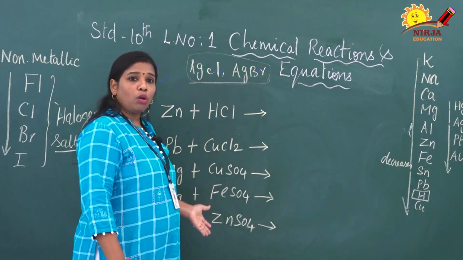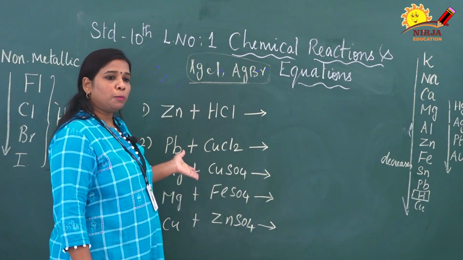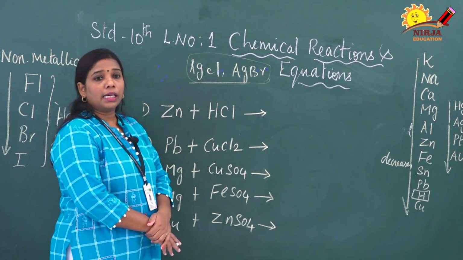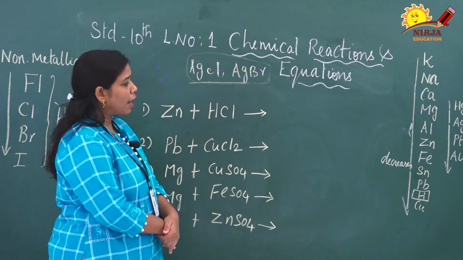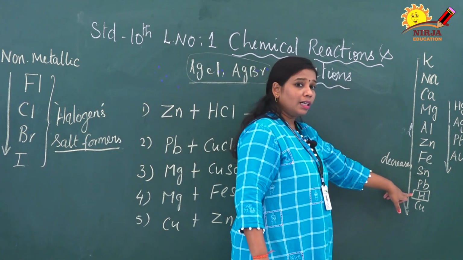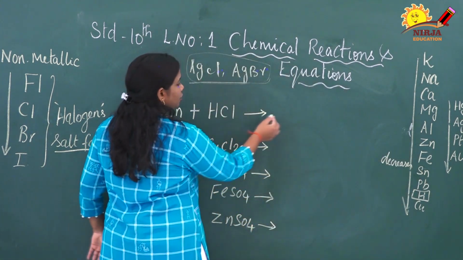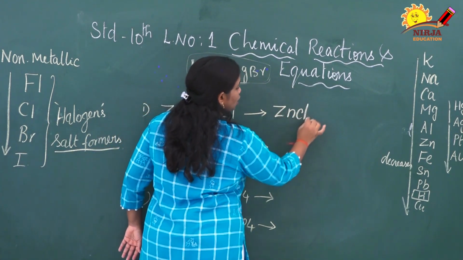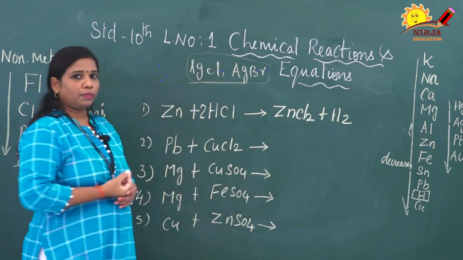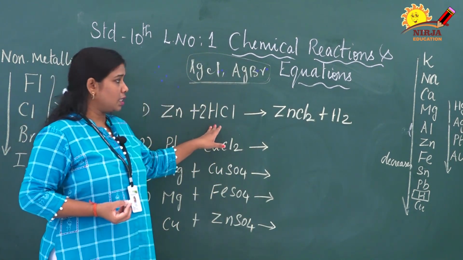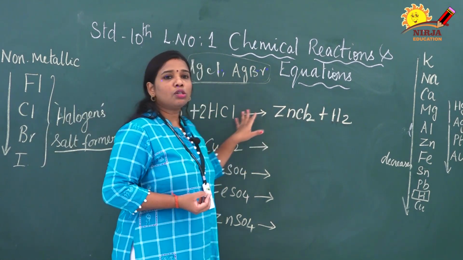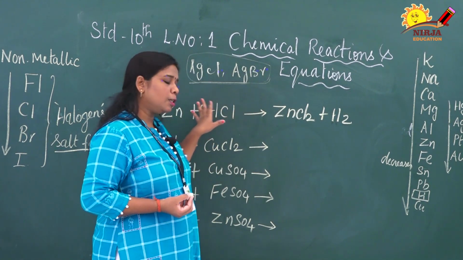Next we are going to solve examples of displacement reaction. Next I am taking zinc reacting with hydrochloric acid. Here the displacement will happen. We have to check with the reactivity series. Zinc is more reactive than hydrogen. Of course, the reaction is possible, so it is converted into zinc chloride as well as hydrogen. You have to balance the equation here. So zinc reacts with hydrochloric acid to produce zinc chloride as well as hydrogen gas. This is also an example of single displacement.